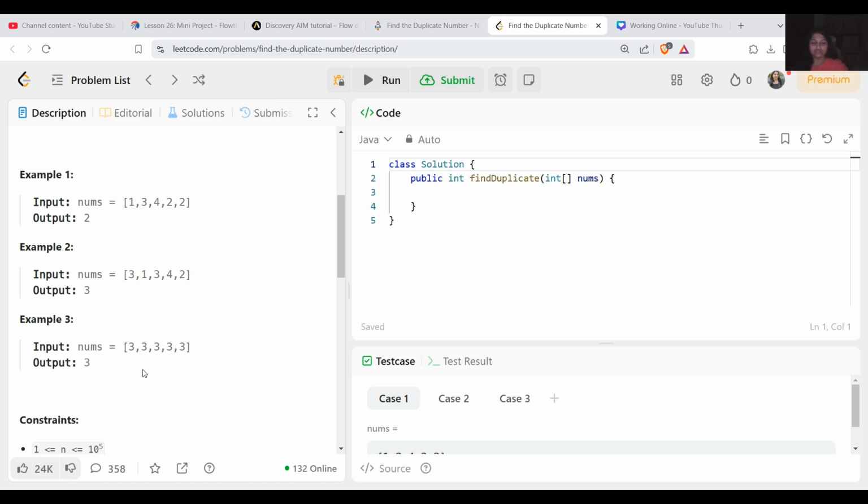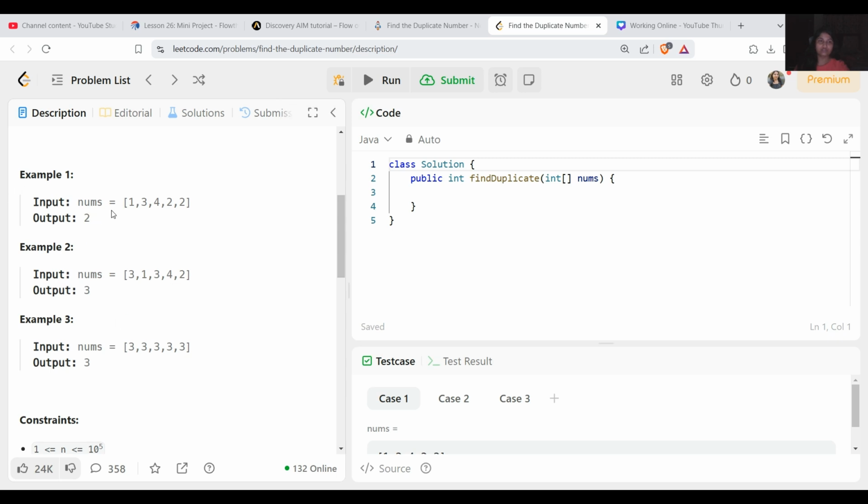So the approach I'm going to follow here is cycle detection, since the numbers in the array are in the range 1 to n. We can think of the values as pointers to indexes, and this allows us to visualize the problem as linked list cycle detection.